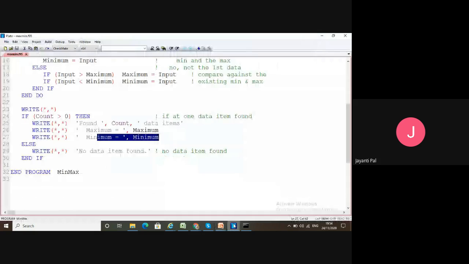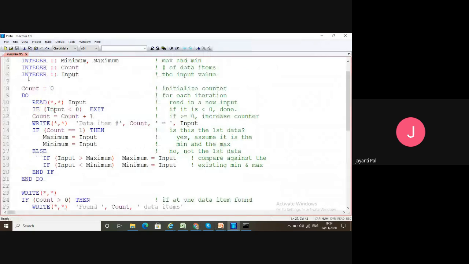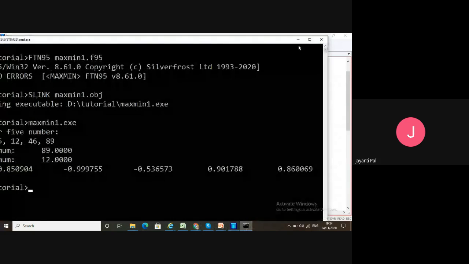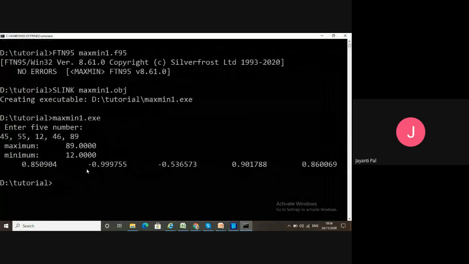So this is how do and if and then are used. Let's see how the output looks when we run this program.